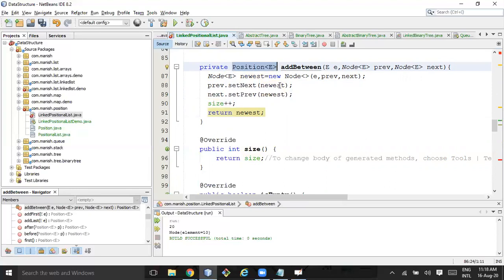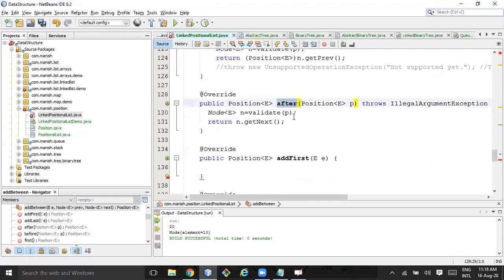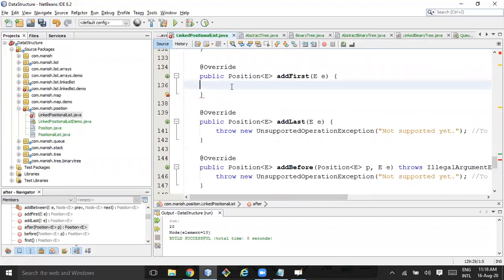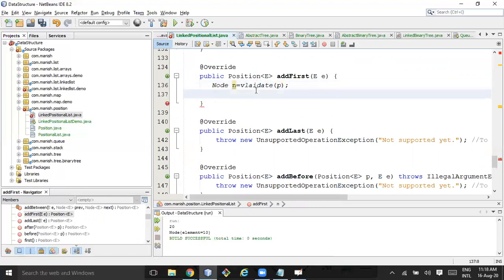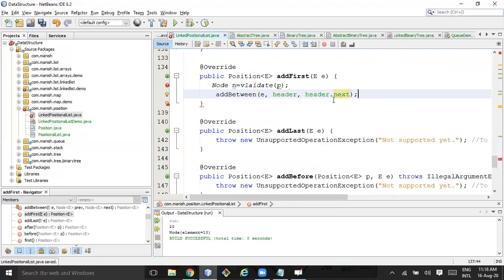Once this is done, adding in between is very, very simple. So here also what I'll do, node n is equal to validate p. I validated it, p is validated. Then I'll call add between. I'll add e. So it's add first, then header dot next. How simple it is.